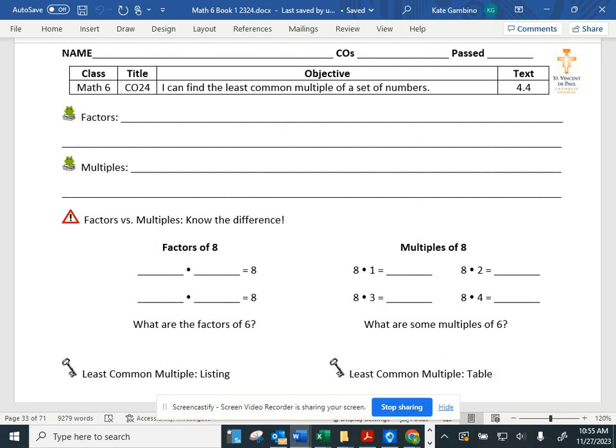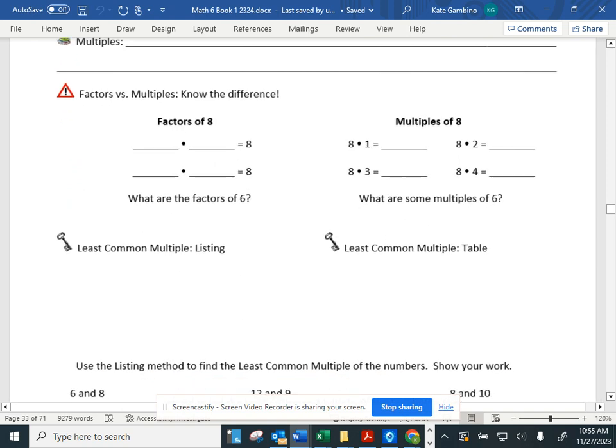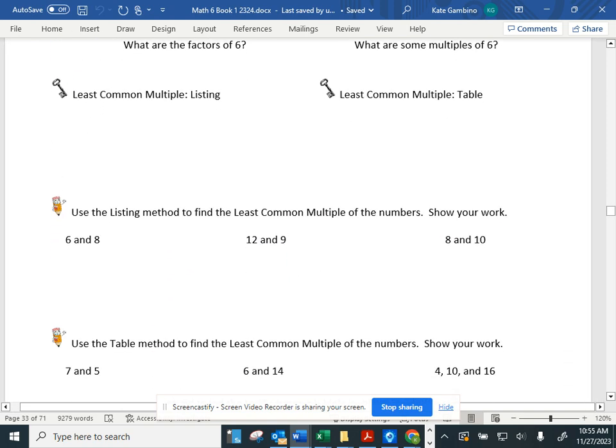You compare all of your multiples, and we circled the smallest multiple that they share. So there were different ways of finding that least common multiple. We could do the listing,